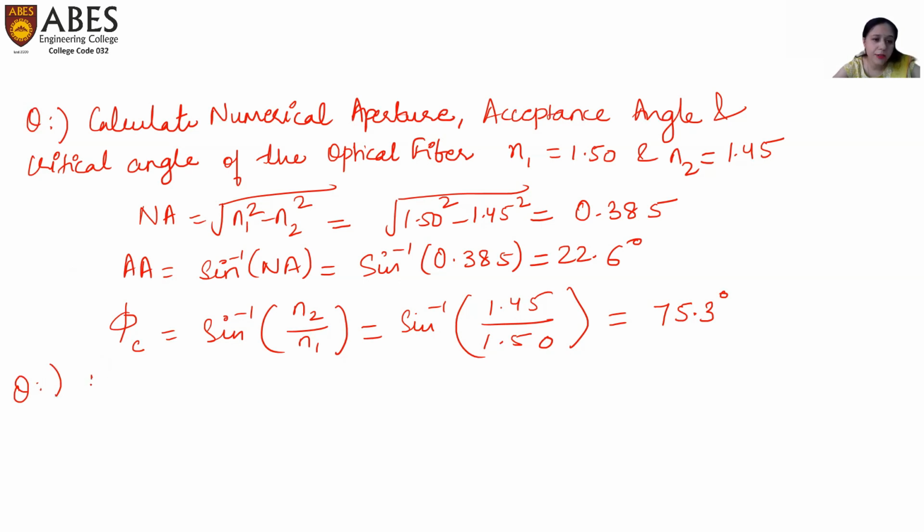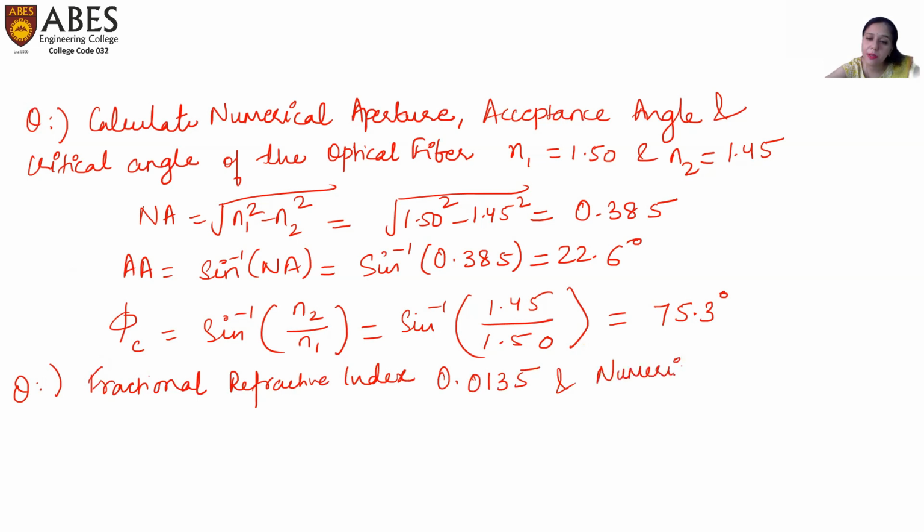The fractional refractive index is given this time. So what is fractional refractive index? It is 0.0135. It is given in the question. And numerical aperture is also given. What is numerical aperture? Here in the question, it is 0.2425. But we have to calculate